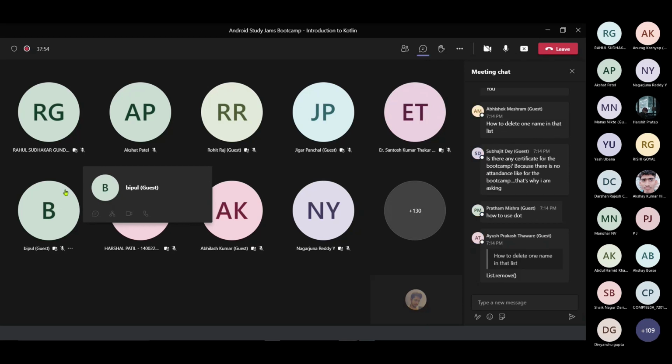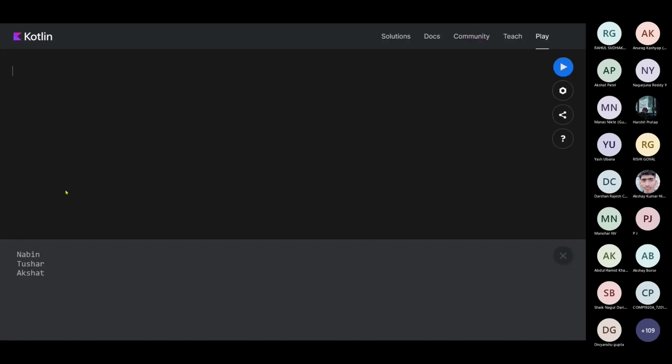I guess you guys have already done the basics of programming, so you already know what a class and an object are, and I don't need to go much deeper. I'll just tell you the syntax of how we create a class. It's very simple. I create a class session and apply curly braces. Then I create a main function and call my class over here.